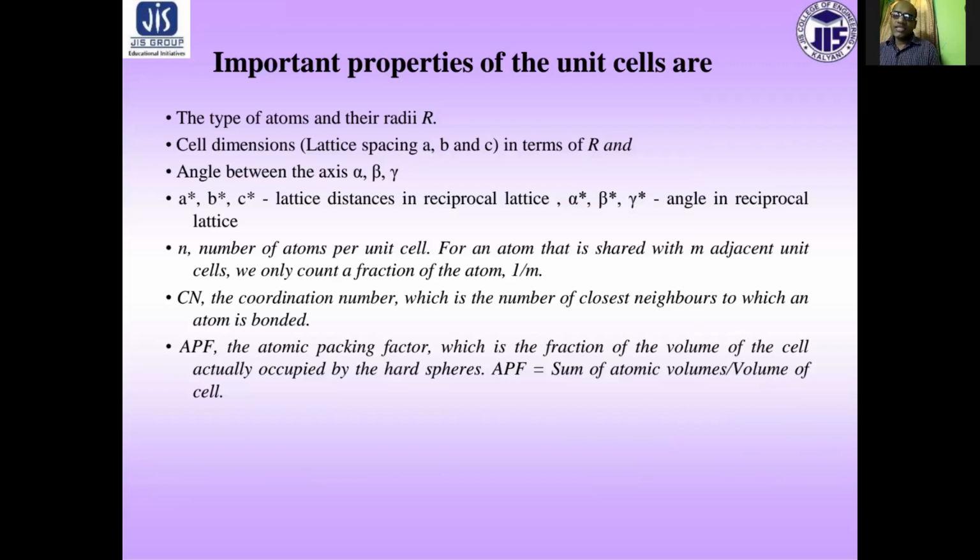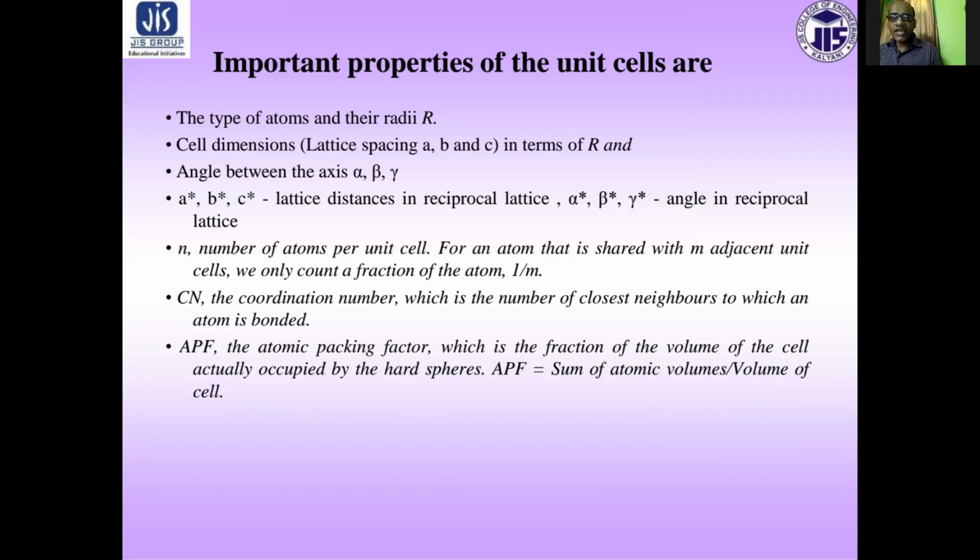Now next are the important properties of unit cells. The type of atoms, first of all, we need to identify, and what is their relationship with the radius r. Cell dimensions, that is the lattice spacing A, B, and C, in terms of their atomic radius r, and the angles between the axes, that is alpha, beta, and gamma,